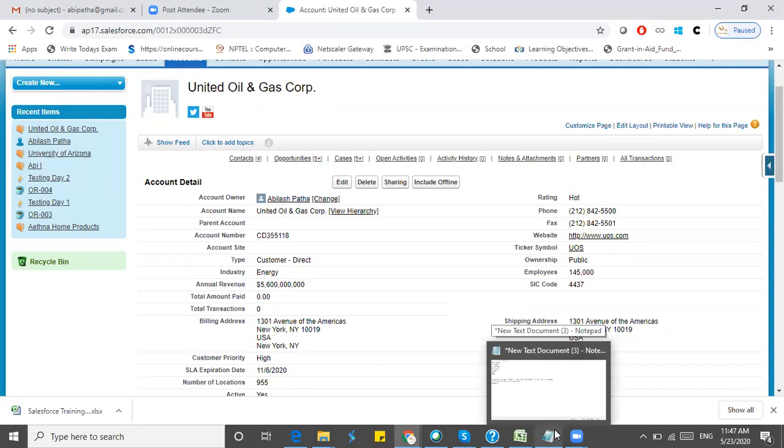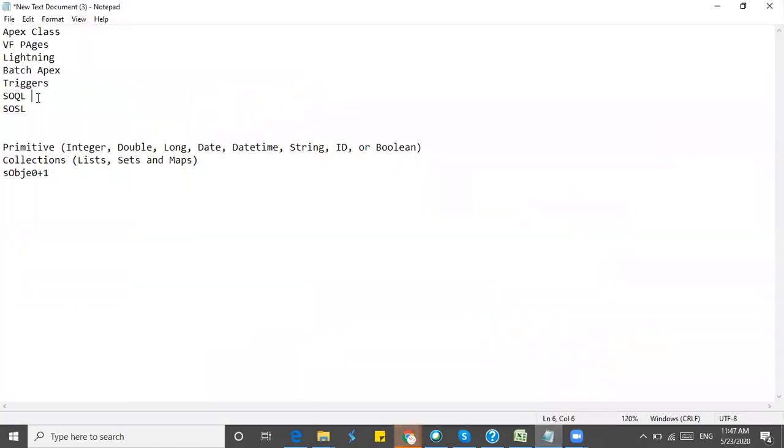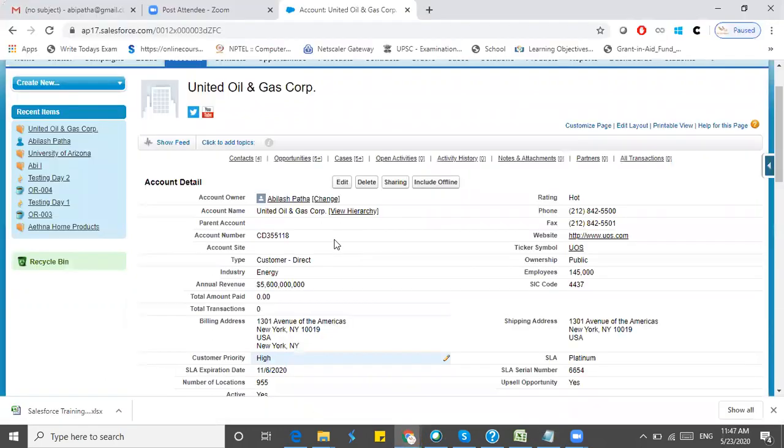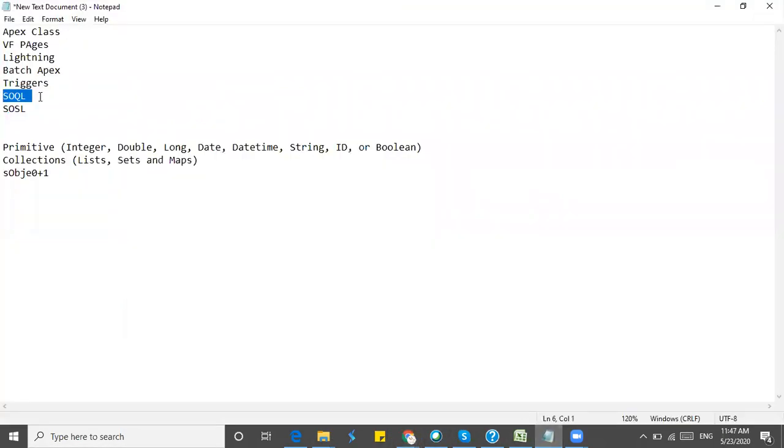We cannot open the database and see, but we can query any of the data using SOQL queries. We can add some where conditions, get the data and update the data.